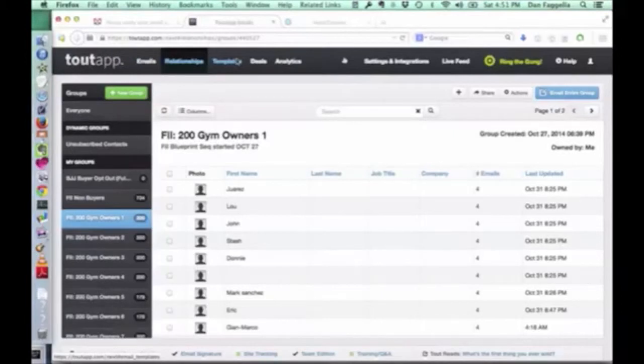And that will allow you to build out, again, once you have your own templates there, you go back into relationships, email to entire group for this 200, email entire group for this 200, and then because the triggers are set to kick off automatically, 1A will be followed by 2A in however many days later. So you can essentially set it and forget it for 2 weeks, set it and forget it for 4 days,